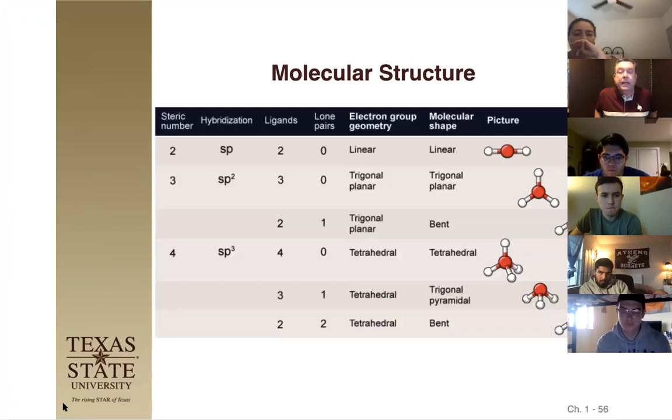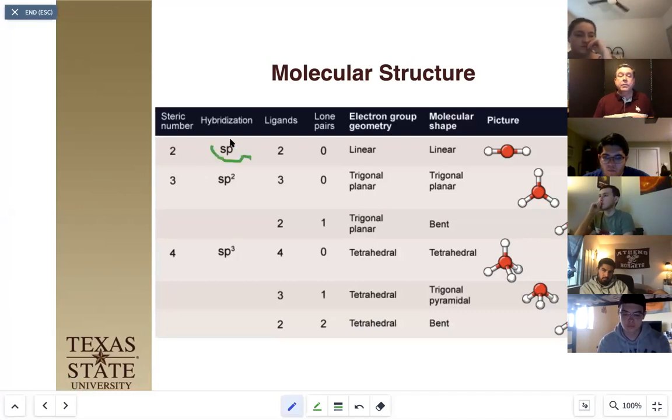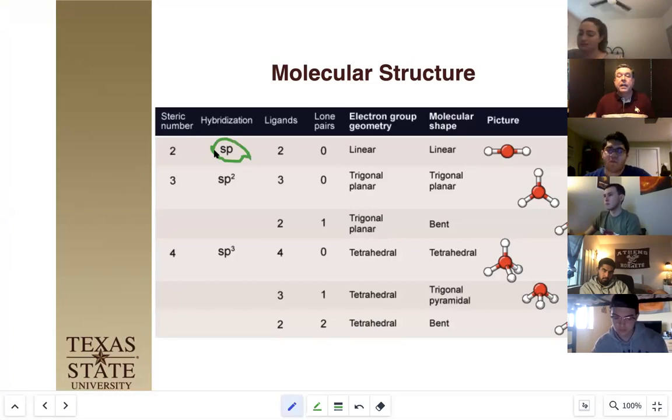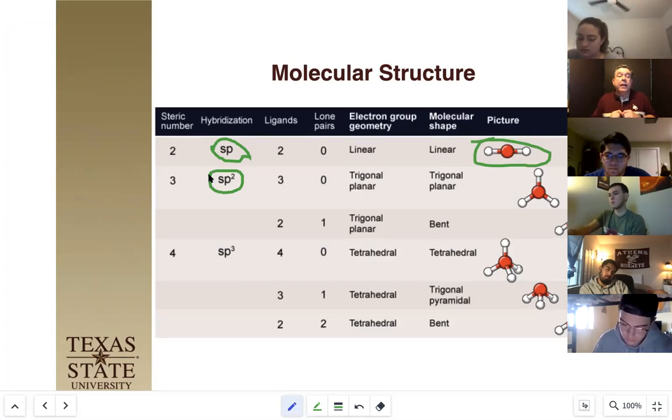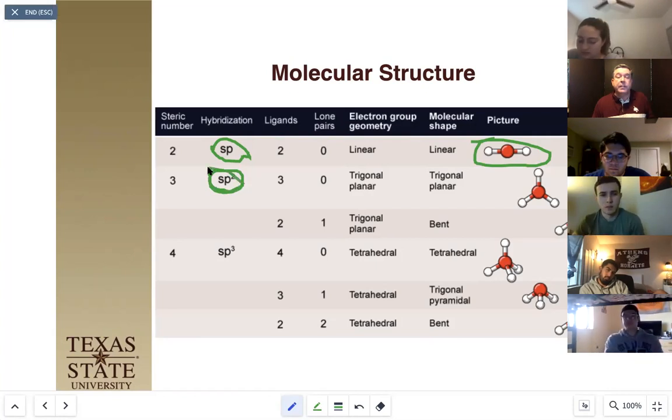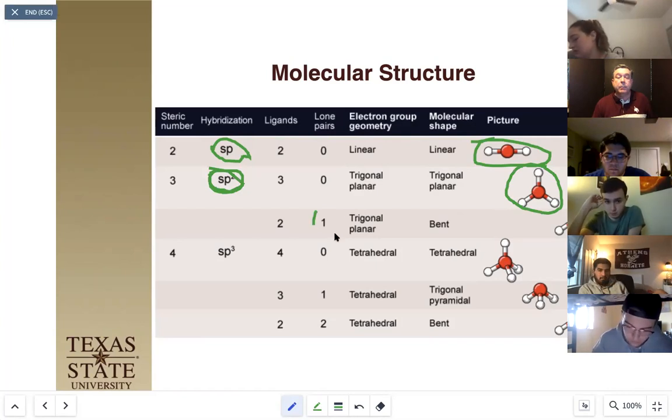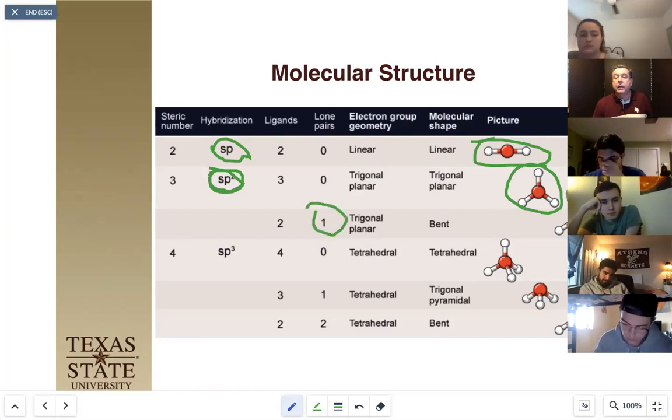Okay, so let's review that and see how it goes for structure. That means that because sp only has 2 electronic orbital locations, our molecular shapes are linear. When we have sp2, that means we start out with something that's trigonal planar, but if it has lone pairs, it changes it. These are trying to be 3 orbitals evenly spaced apart, that's 120 degrees. So if you have 3 things bonded to it, we end up with that trigonal planar molecular geometry. However, if we have a single lone pair, this is our lone pair here, we have a